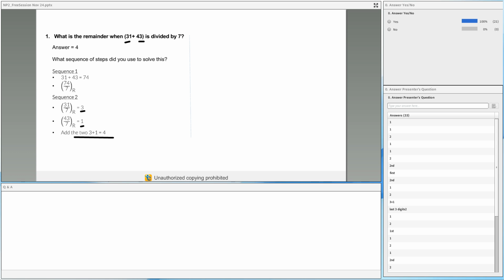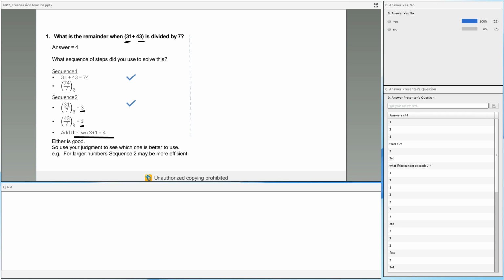Okay. See, keep this in mind. It's totally okay. In case of addition, you can use 1 also, 2 also, depending on the type of number that you have. If you have really big numbers, you can simply divide them individually. In this case, it's very easy to add 31 and 43 to get 74, so you can use the first method. However, that's a very good question.